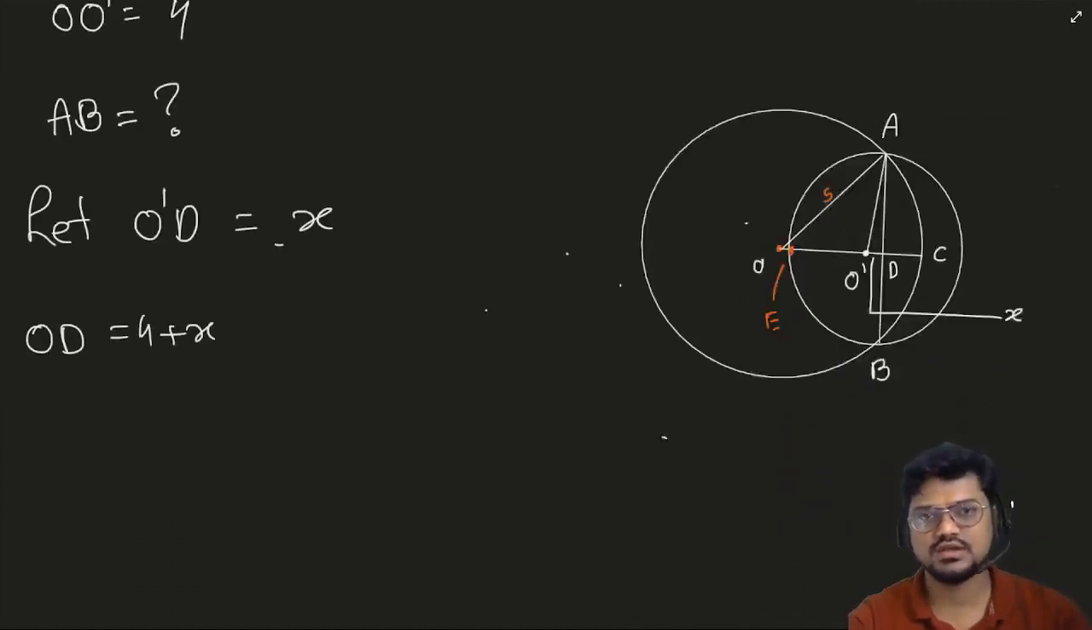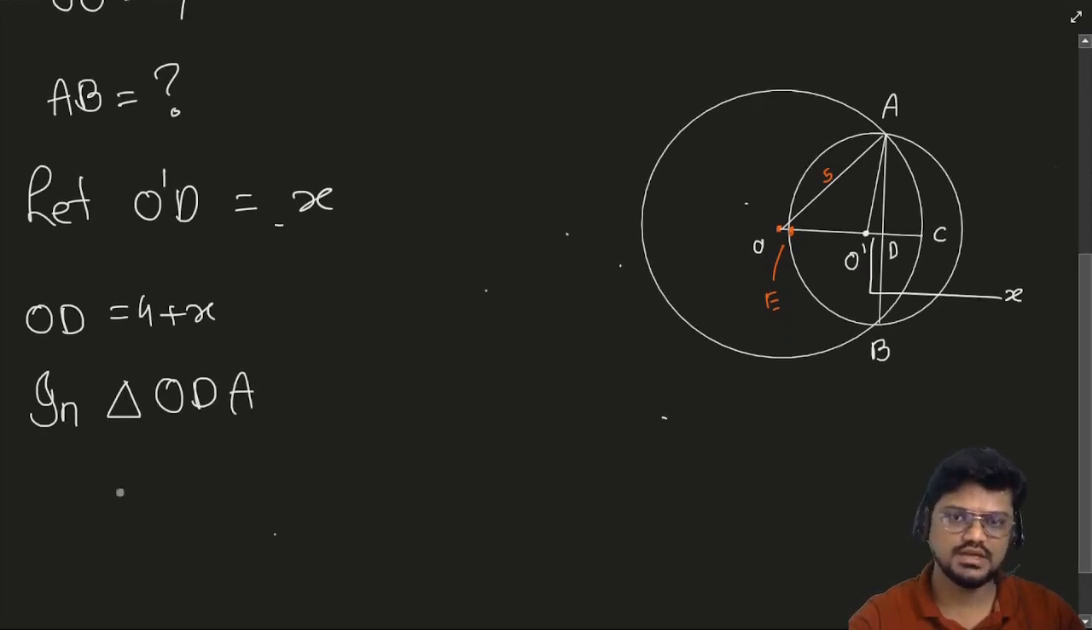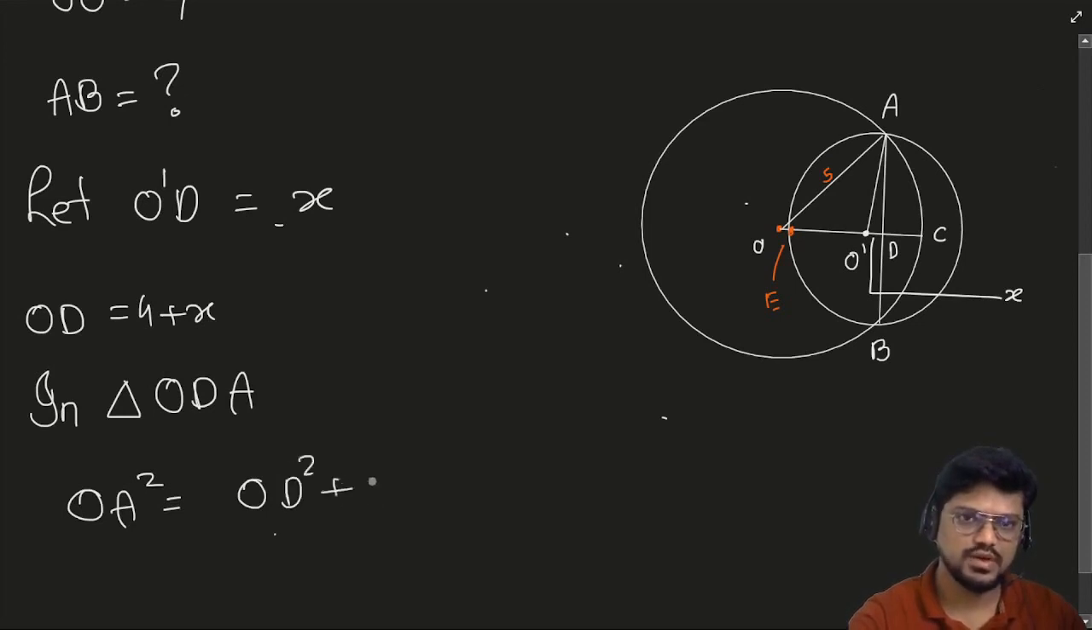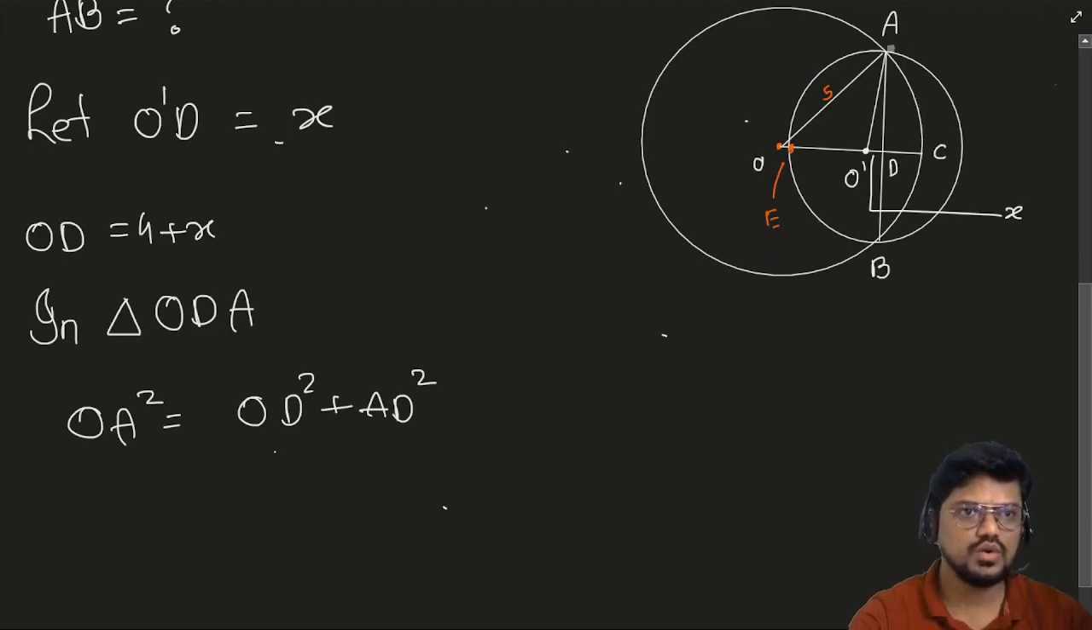Okay. In triangle ODA, what I can say is OA square will be equal to OD square plus AD square. OA is how much? 5. OD is how much? 4 plus X